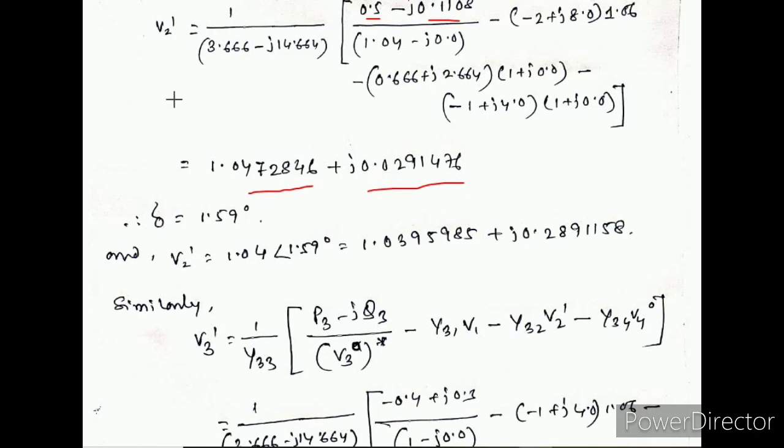If we want to find the angle, that means it has some magnitude as well as angle. So if we find the angle from here, we will find the delta value, that is delta equal to 1.59 degree. That means tan inverse y by x. If we find it, we will get 1.59 degree, because this is a complex term having some real part and imaginary part. As per the conversion from rectangular to polar, we will get something magnitude, something angle. So this angle is called the delta value.